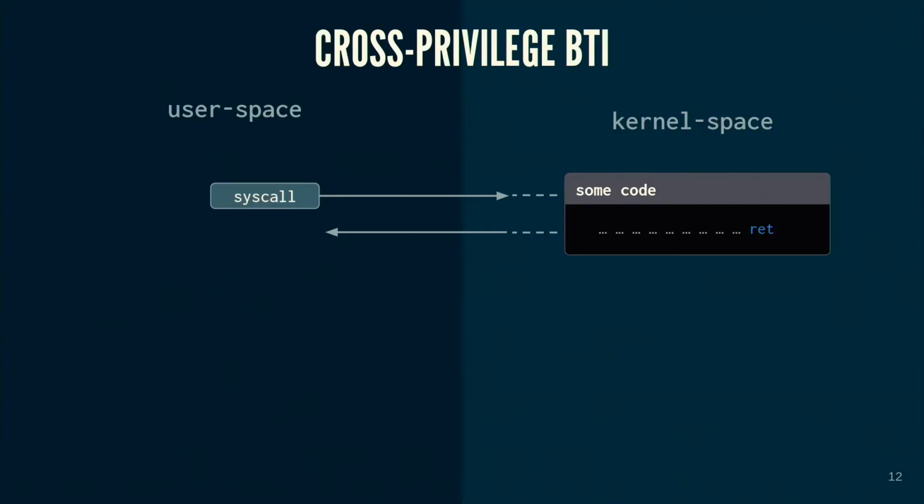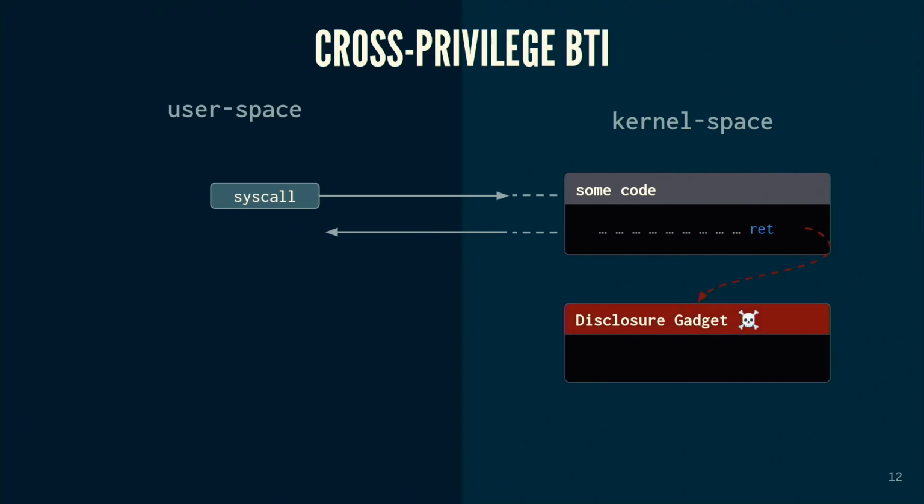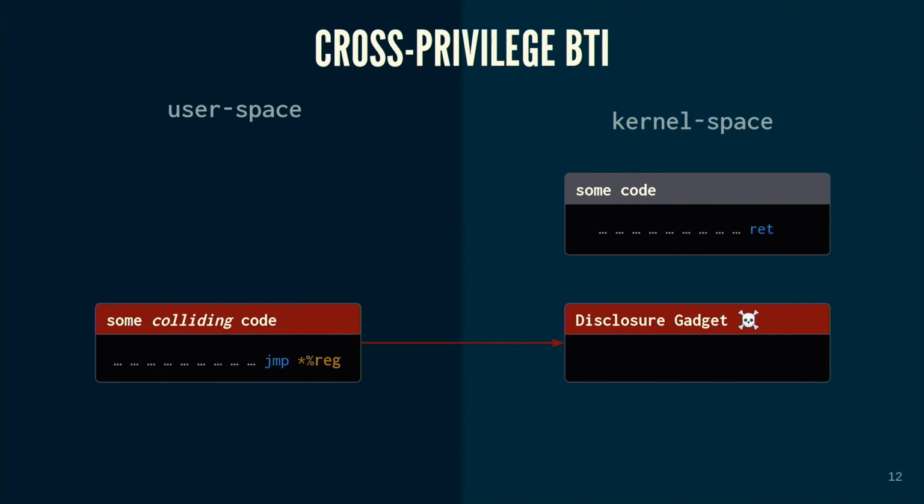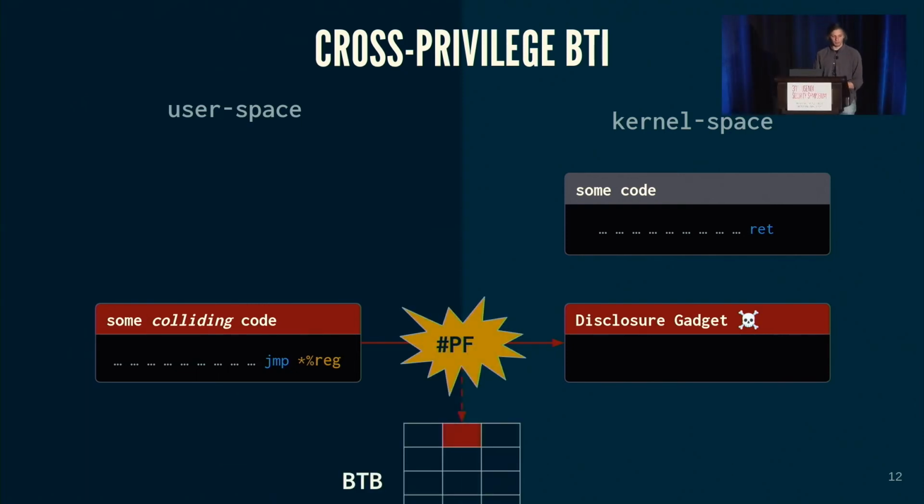The third thing that we need is this cross-privilege branch target injection. We want this syscall to lead to some code in the kernel where we can hijack the speculative control flow. So the question is, how can we do that? It turns out to be not very complicated. We just need to have some colliding code in user space that branches into kernel memory, and that's of course illegal. You cannot do that. It raises a page fault, but nonetheless, it will update the branch target buffer. So now we have these 3